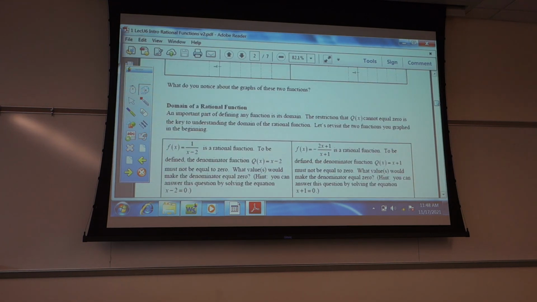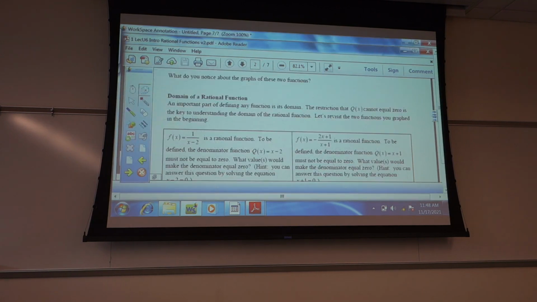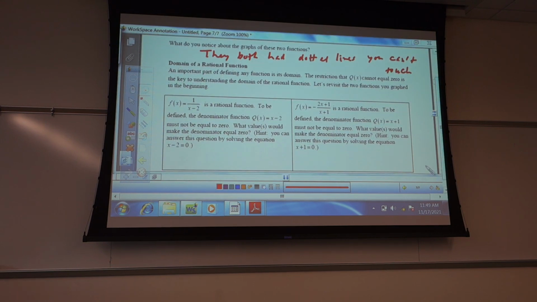What do you know about the graphs of these two functions? I don't know. They both had those dotted lines that they can't touch. That's what I noticed. Okay, good. So then we talked about the fact that, like I said before with my t-shirt, you can never, ever, ever